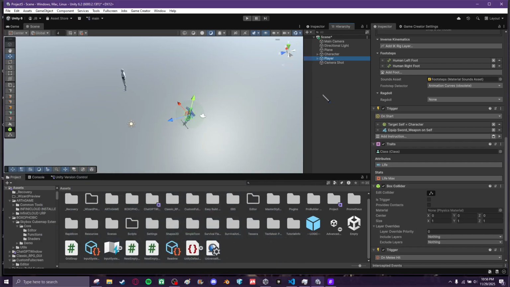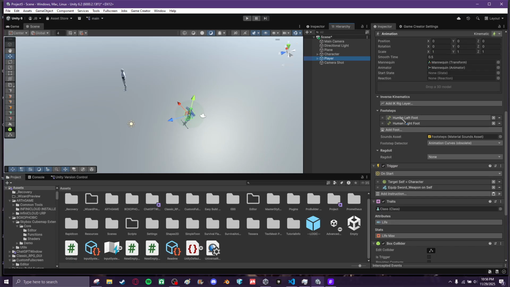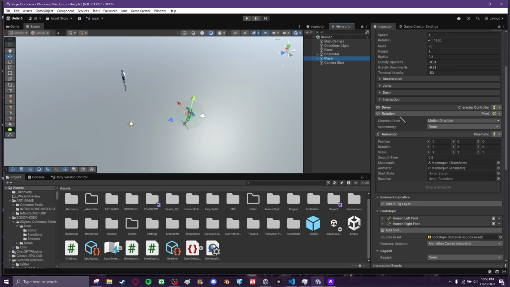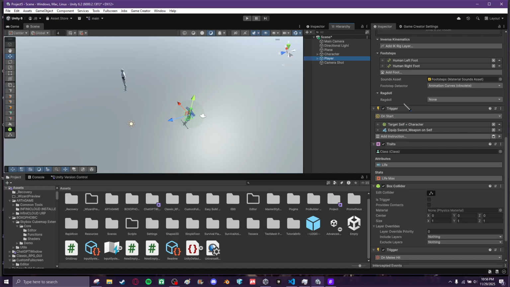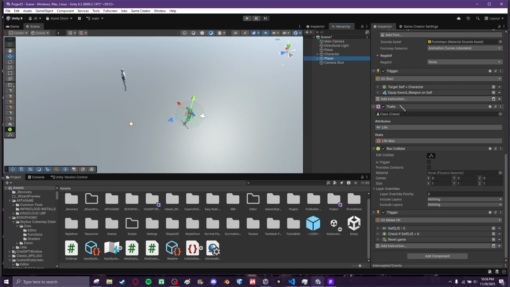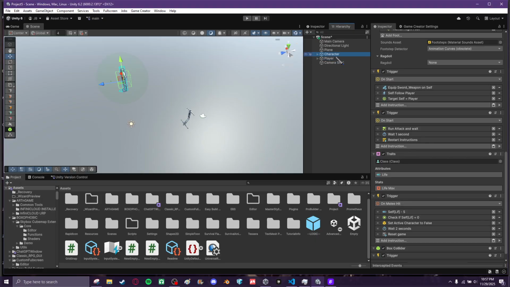Hey, I started making a tutorial on this, and every time I get to a certain point, it decides to freeze on me, and I don't really know how to edit videos. So I'm going to start over, but this time I'm not going to go step by step. I'm just going to go over what you need in your project to get this working for a basic